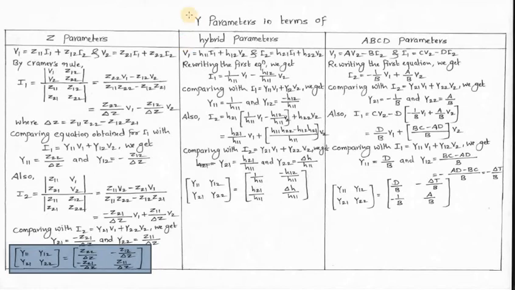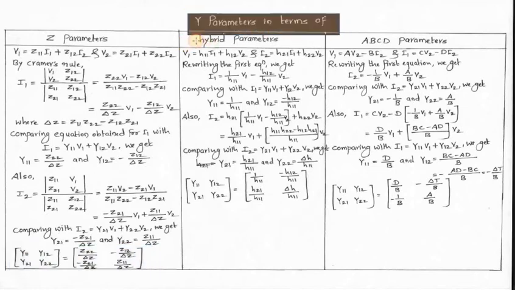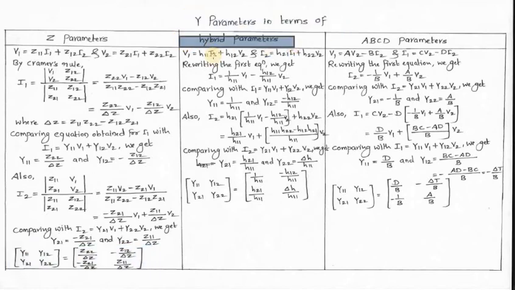Similarly, when I want to find y parameters in terms of hybrid parameters, my first step would be to write the expressions wherein hybrid or h parameters are defined. So I wrote these two expressions wherein h parameters are defined. We know all these equations. Now I rewrite the first equation,